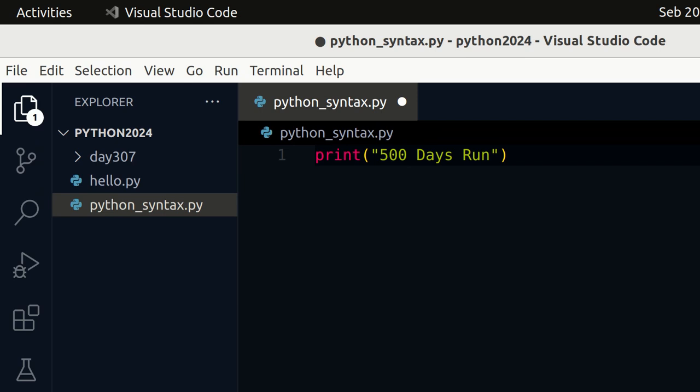I'm running Ubuntu, so I need to include Python 3. Let me try that. Python 3 and the name of my file, python_syntax.py, and press enter.